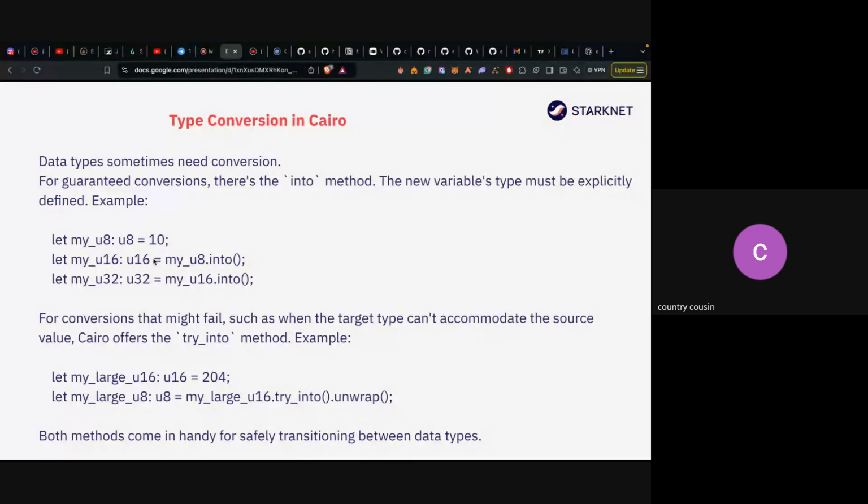In that case, we are moving from 32 to 8 or maybe 16 to 8. There's a chance that the place will not contain everybody. That makes sense, right? Yes, sir. So in that case, we use the method try into. First of all, we try and see if this will work. So with try into, we'll be returning 2 values. Either we,